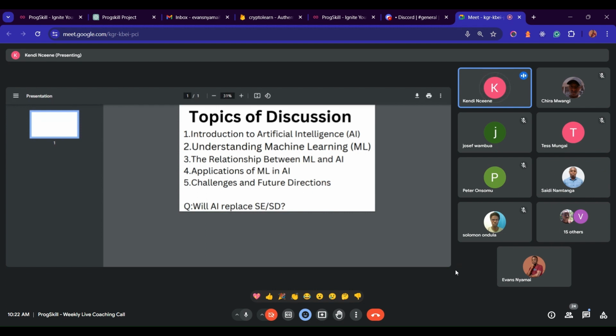You see, AI is like the mother of everything about learning and reasoning. So when you analyze your data, you read the patterns using machine learning. After reading the patterns using machine learning, that is where the learning comes in. Then you move to another step called deep learning. It's step by step for you to have something that you can call an AI. AI is something that can automatically do the work without being directed.